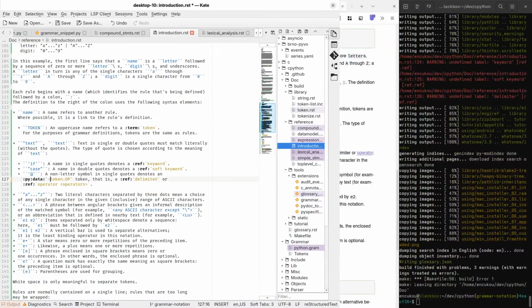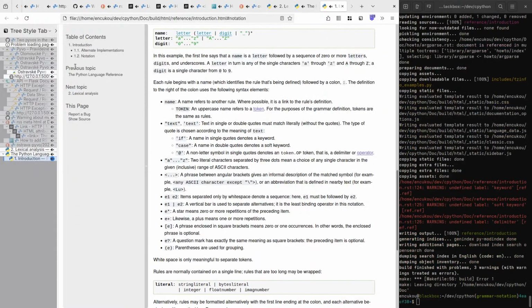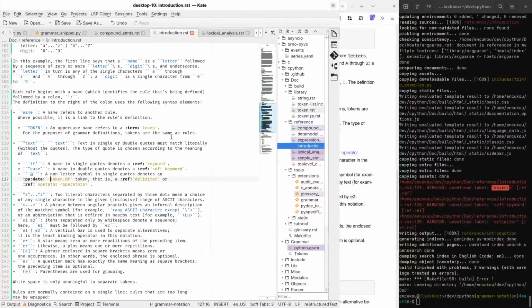This should be tilde. And keyword apparently is not a label.